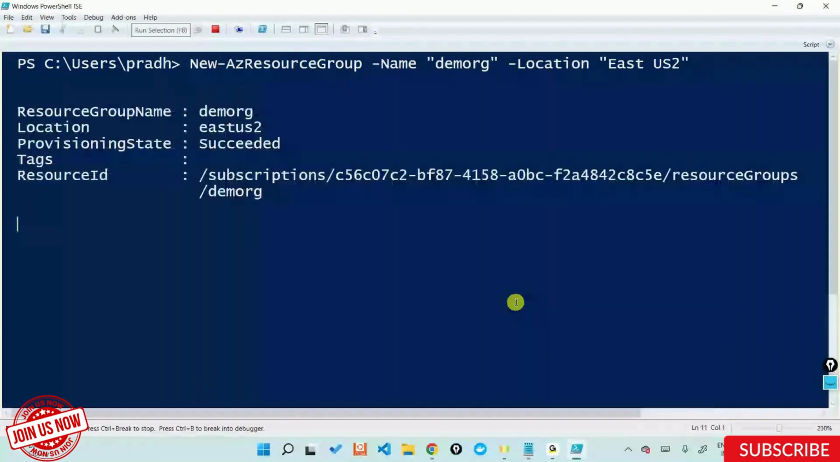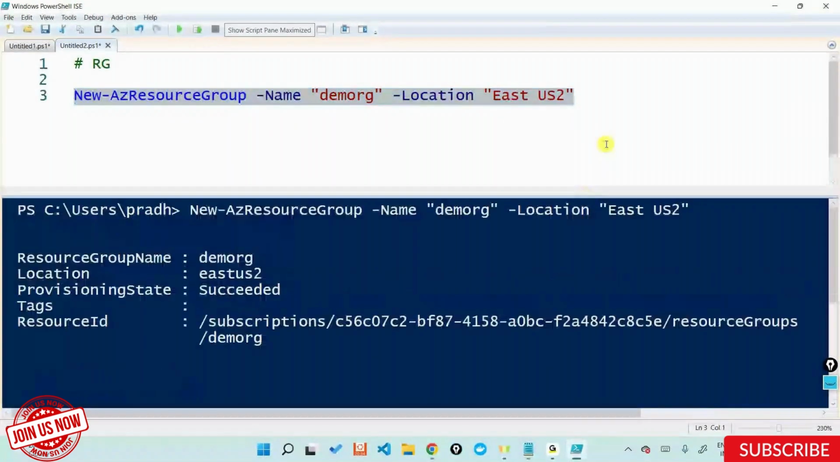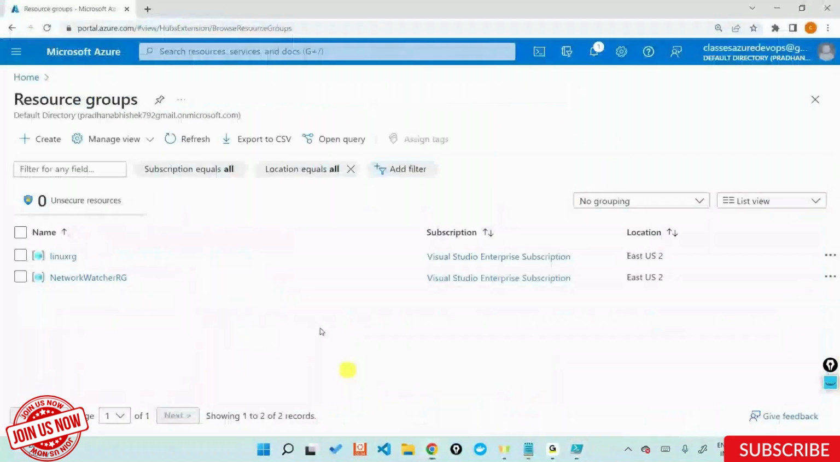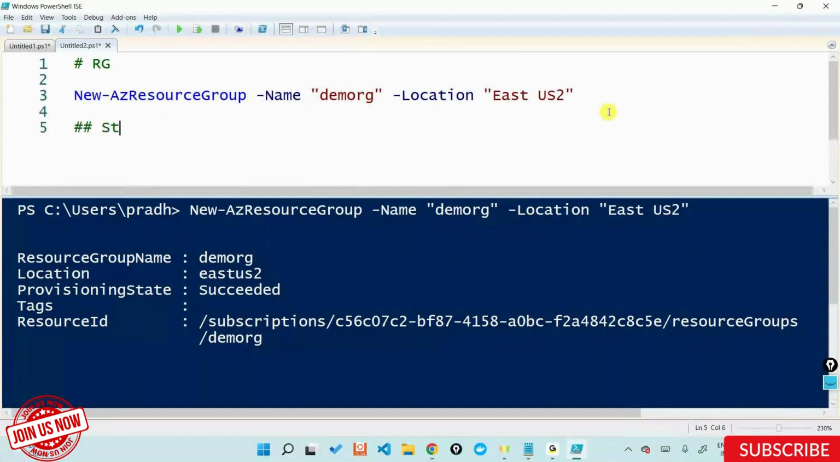I did not do a Connect-AzAccount because I have already connected to the account, so my credentials are already stored. I did not do a logout or a disconnect out there. Now let's check if it's created or not. Again, it'll take some time to get reflected, so let's come back in a minute. But the PowerShell terminal tells me that it is created, which is demo RG in East US 2. Now let me create a simple storage account service out here